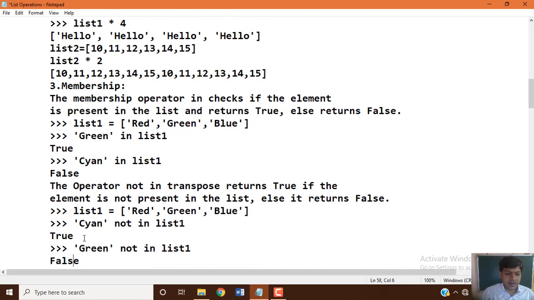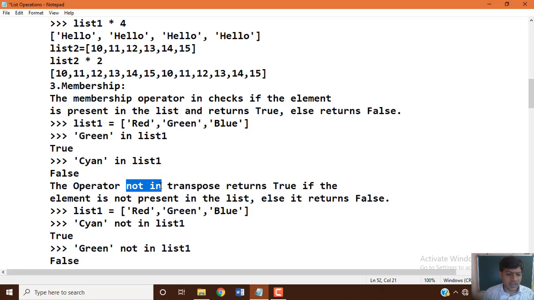With a list, there is another membership operator, not in. It returns true if the element is not present in the list, else it returns false. Previously we checked with the in operator whether an item is available or not. If it is available, true; if not available, false.